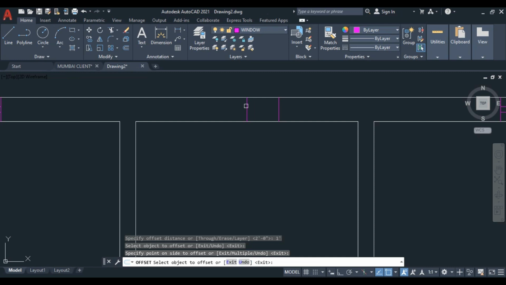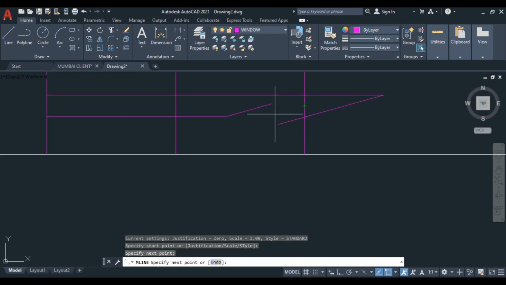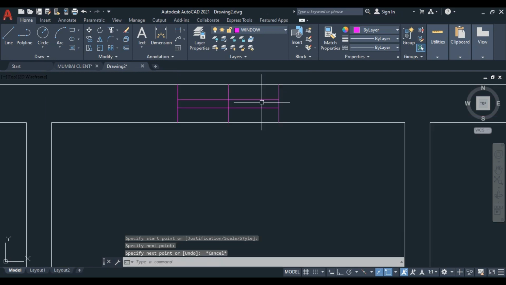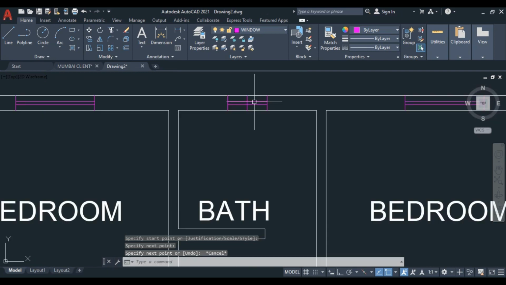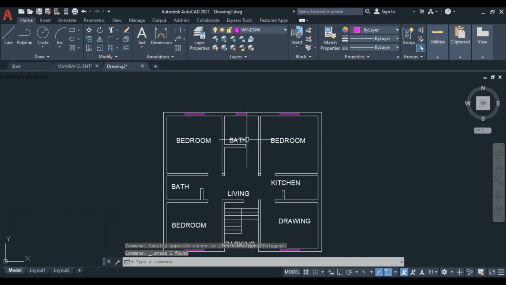So from mid right to left it becomes 2 feet. I just type ml, press enter, and once you put the value, don't put it again and again, and just click here, then escape key. Okay, delete this mid line.